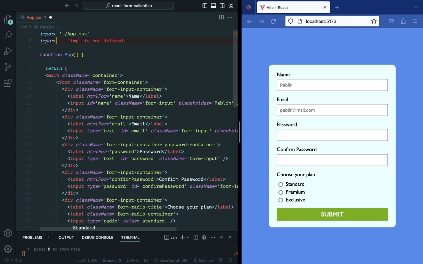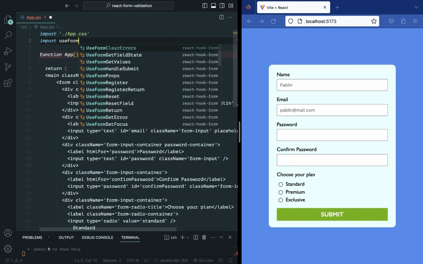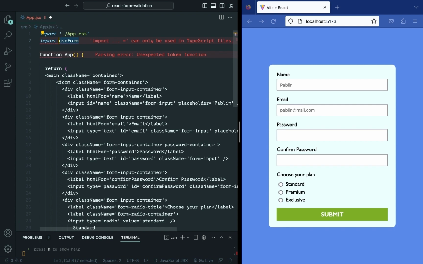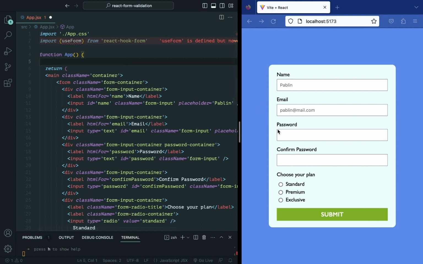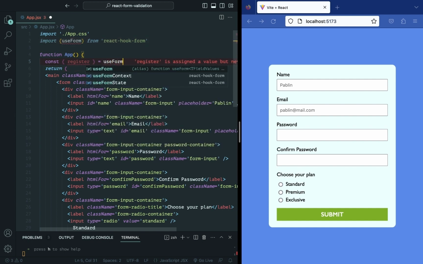First we have to import useForm from React Hook Form, and now we have to register each of the inputs so we have them controlled with this hook. We need the register from useForm,